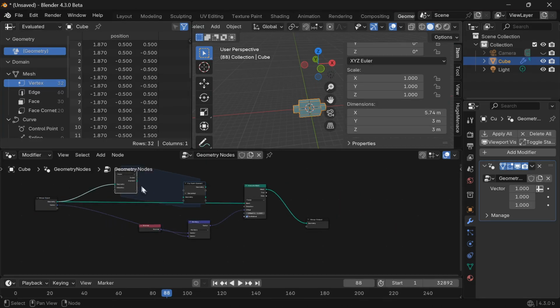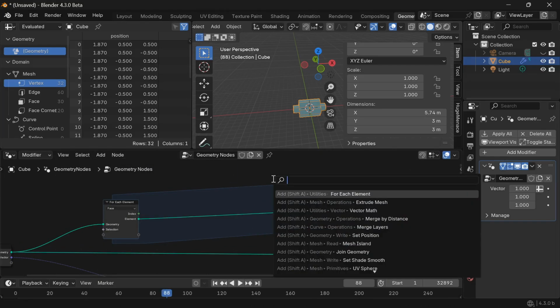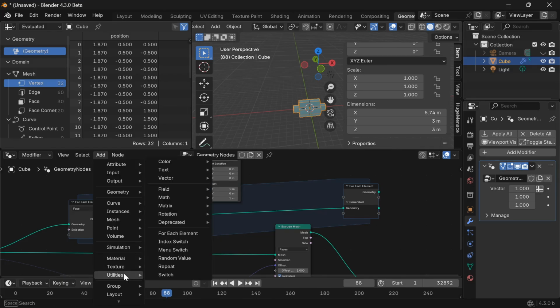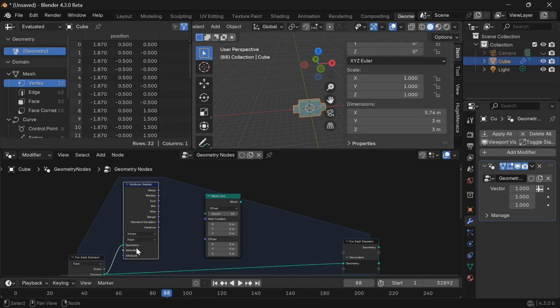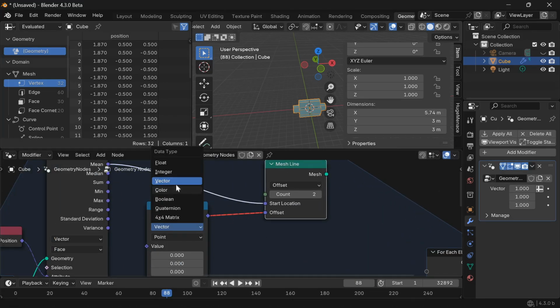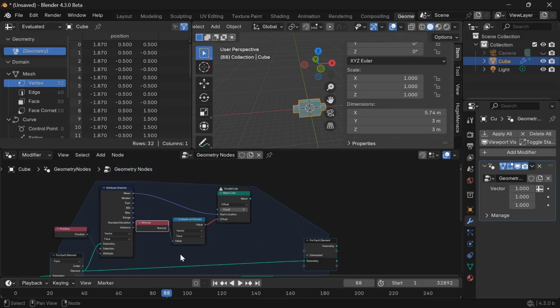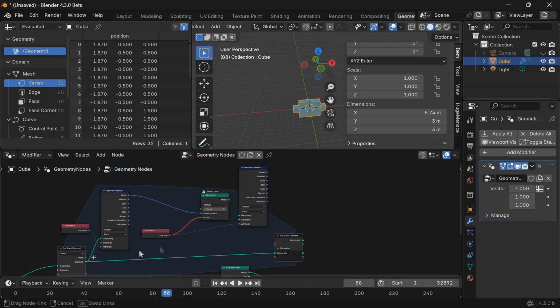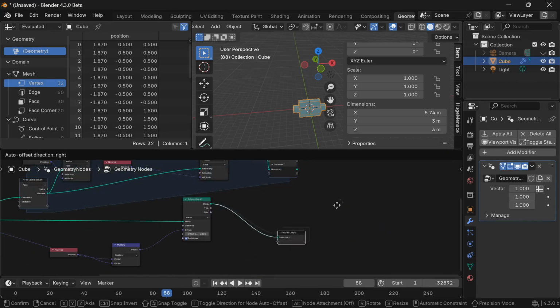To understand what the normal is, we will use the for each zone and draw a line corresponding to the normal. To get the normal and the position, I use the attribute statistic node. Indeed, we want to use this property to define a unique value for the line start, which is not a field. Moreover, we want to transfer this data from one mesh to another, and not use an operation on a geometry element, but define the starting data of a primitive. That means the operation could not retrieve data like we did in the previous for each zone.